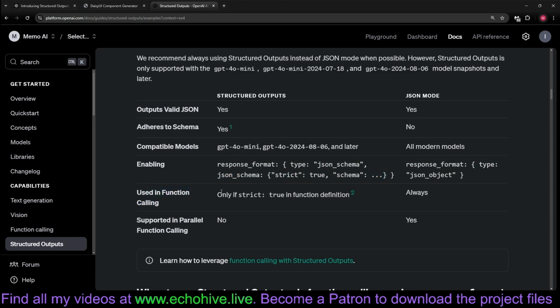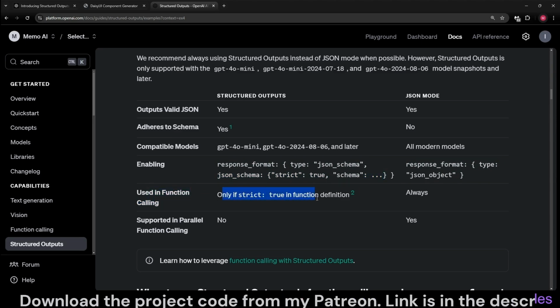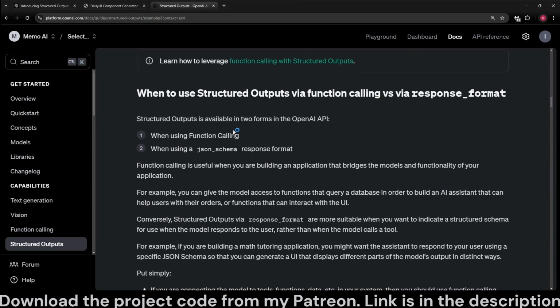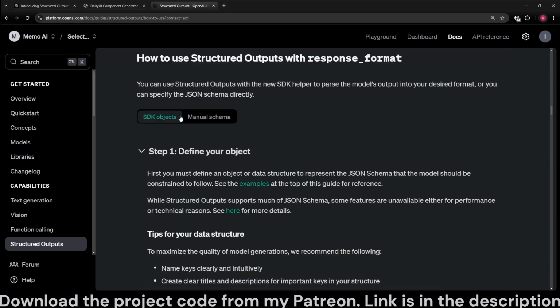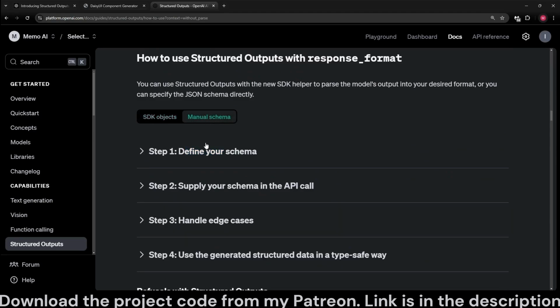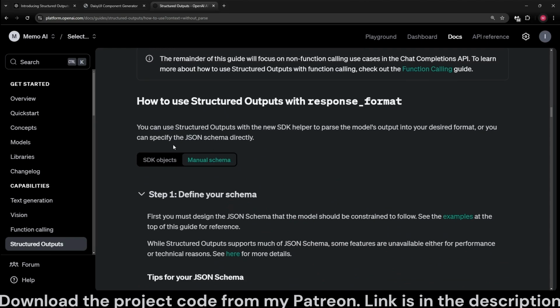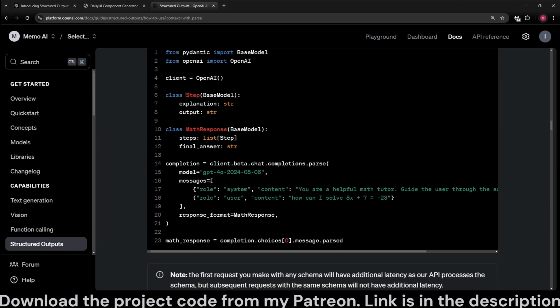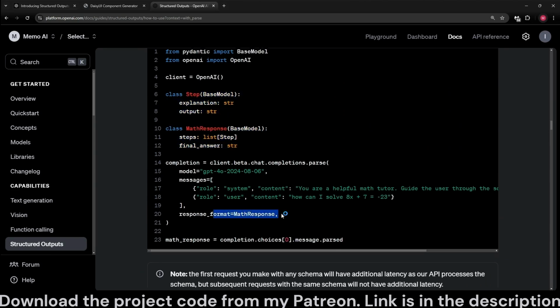And it can be used in function calling if you've set the strict to true in the function definition. So structured outputs are available both when function calling and when using a JSON schema response format. The first step is to define your object. This is for SDK objects. You can also define a manual schema. We'll take a look at both, but you define your object such as this, that's applied as the math